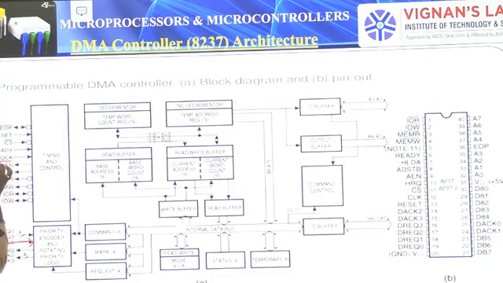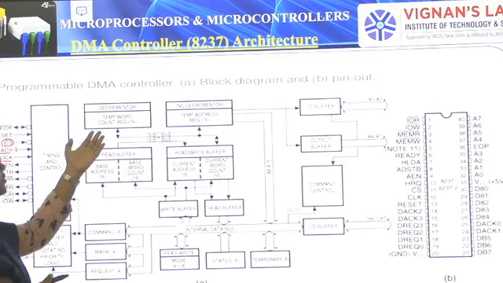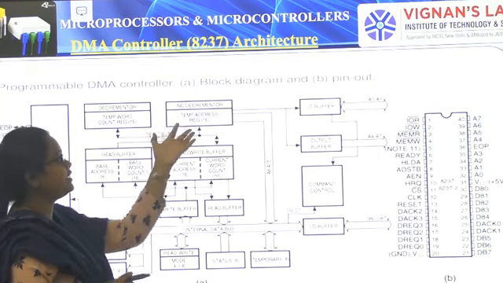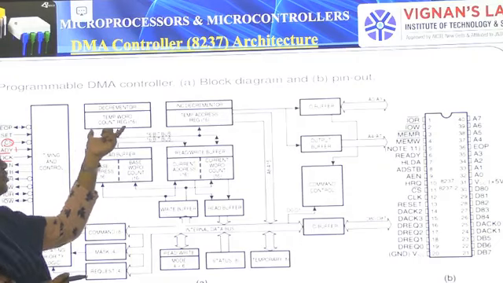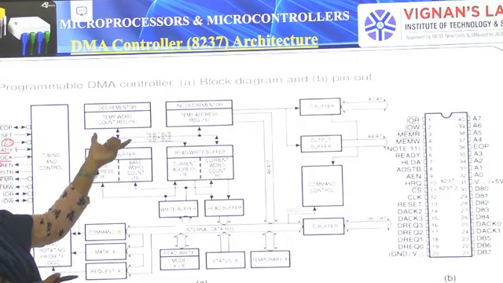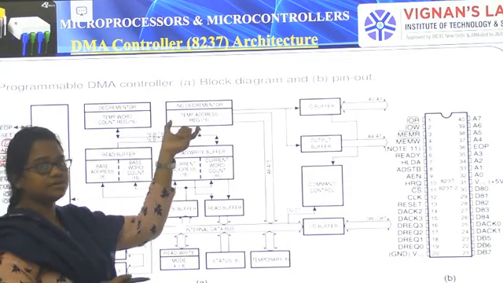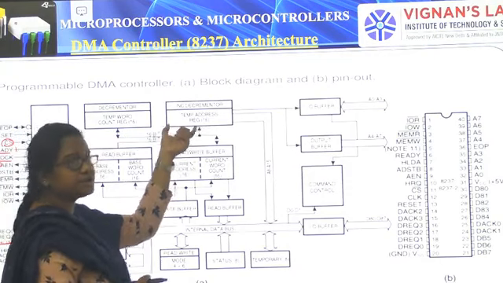Then the clock and the ready pins: whenever ready is 1, the 8237 is ready to access the data. When chip select is high, the 8237 is going to access the operations which are handled by the processor. And reset means the 8237 will erase all the registers. These are the registers: temporary word count registers and temporary address registers. The temporary word count register is for counting the words, and the temporary address register is for counting the address.